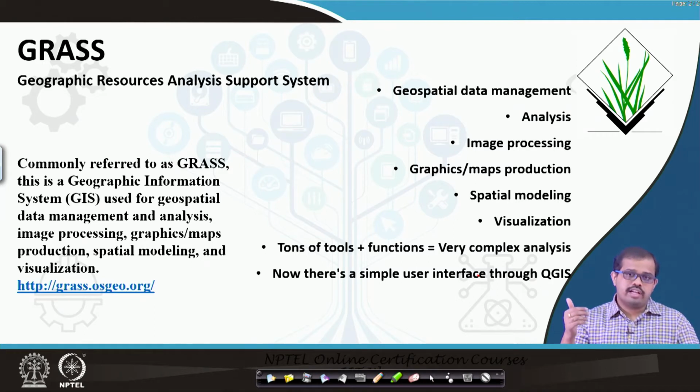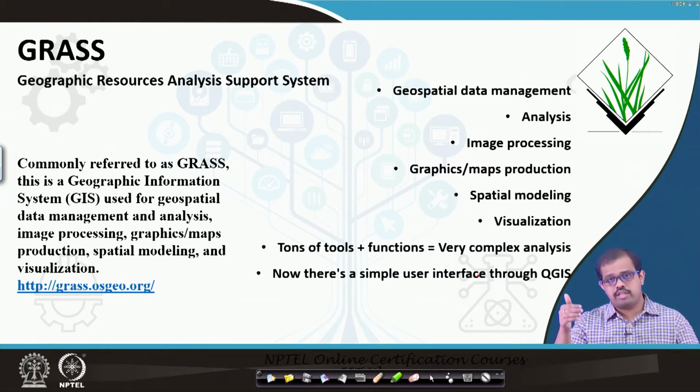And when you are looking at spatial modeling, whether you are looking at the production of graphics, maps, or when you are looking at analysis, basically image analysis, it is extremely useful software available today. So I would suggest students have a look at this particular website and probably even look at its functionality. You will be assured that you will not go back to any proprietary software in terms of using it